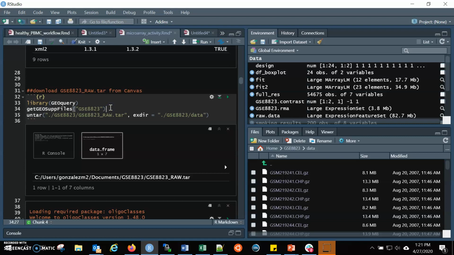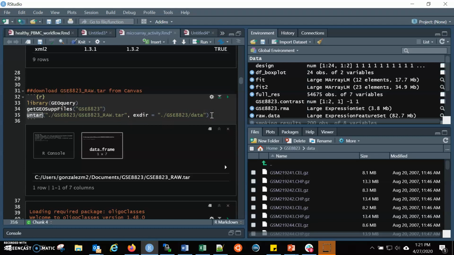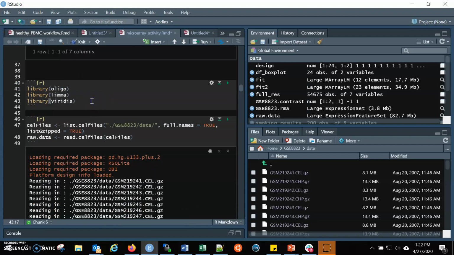It's going to take a little bit of time, like I said, and then we're going to use this untar command. The way we download the data is in a particular format, so we're going to decompress that data so we can use it and load it into our system. Once we do that, we load a few other libraries that we're going to use in the analysis of this data,